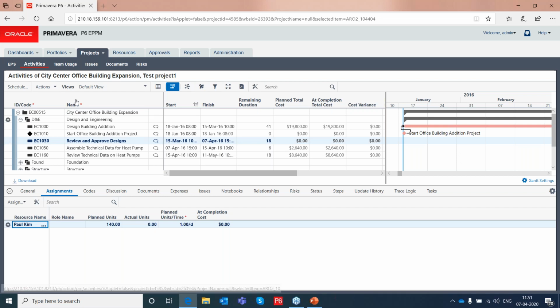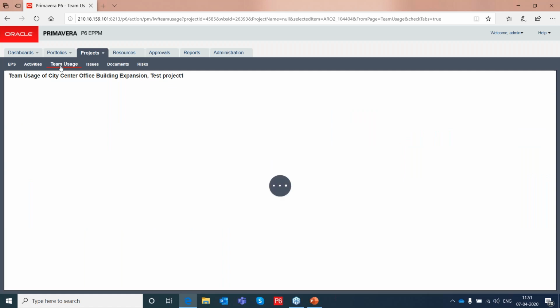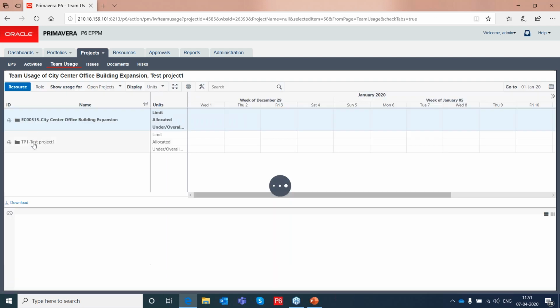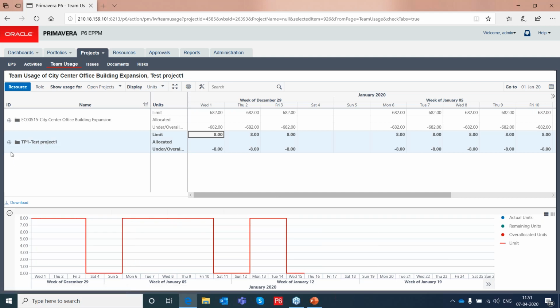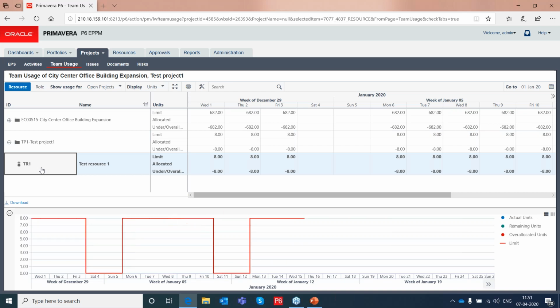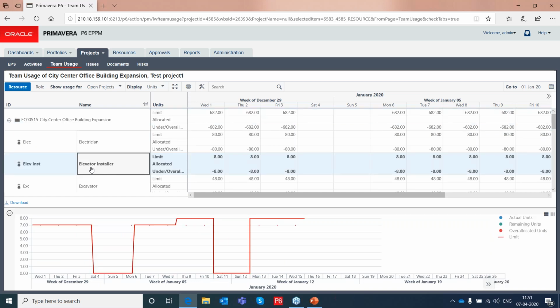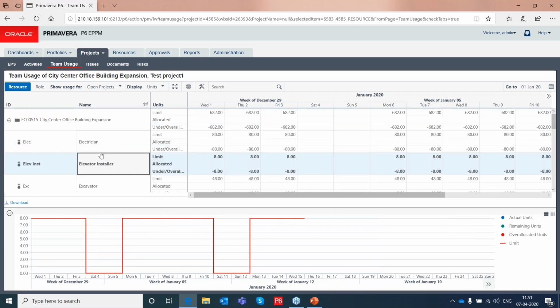Okay, after I have done this part, then go to the team usage. This is an area where I'll be able to see the utilization of that resource in that specific project, right? For this to happen, you will have to publish the project. In our case, we have not done that, so I am not able to see the graph here. In case you do that, you can see the utilization of the resource here, right?